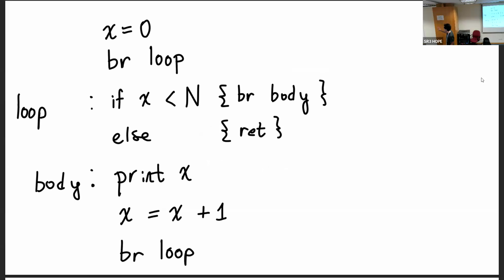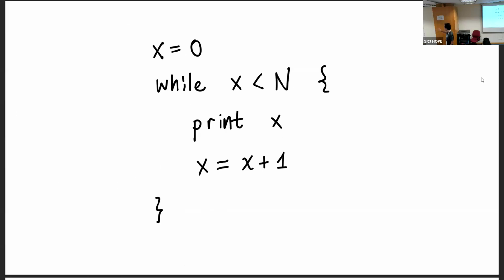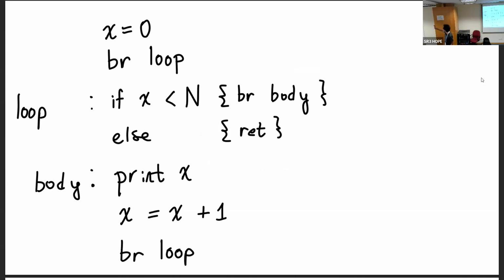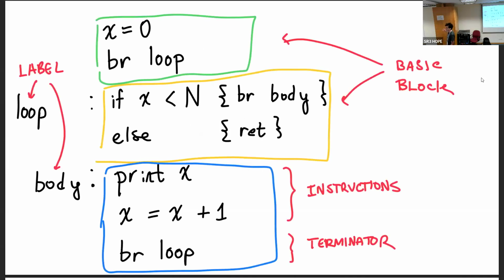So, the most common intermediate representation is just literally taking this and breaking it down into basic blocks. So boink, and these are the basic blocks of our program. So what is a basic block? A basic block is a series of instructions. So that print x is an instruction, and every assignment is an instruction. If we really want to be uniform, we can treat print x as an assignment to a temporary variable we don't use.